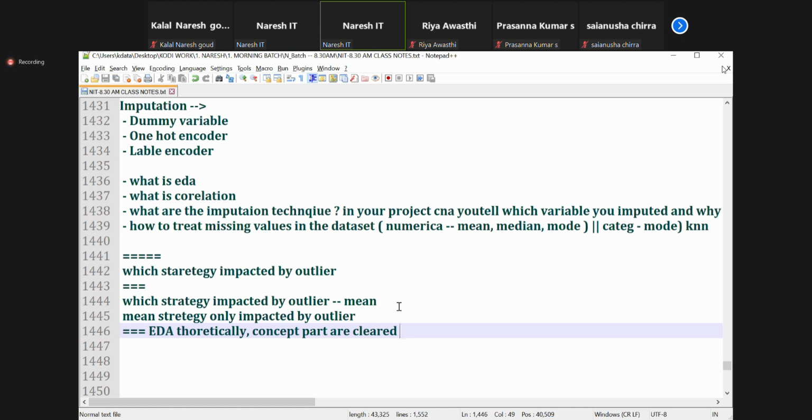Now you open anywhere, any documents, any files. This is the process. Now entire machine learning understand. I hope you understand how to treat missing values in the data sets. If I give you practical, then things are clear or not? Let's understand practical from Monday. I hope everybody's understand, guys.